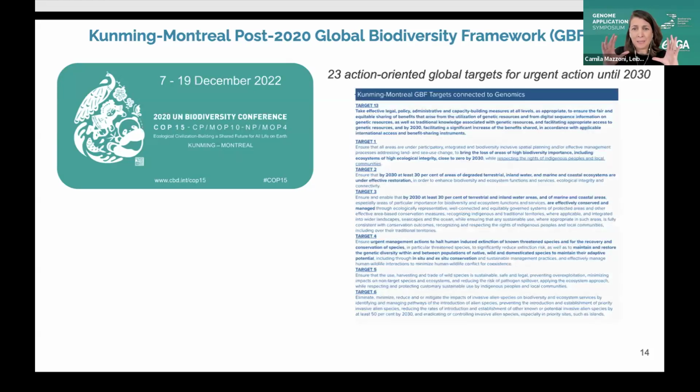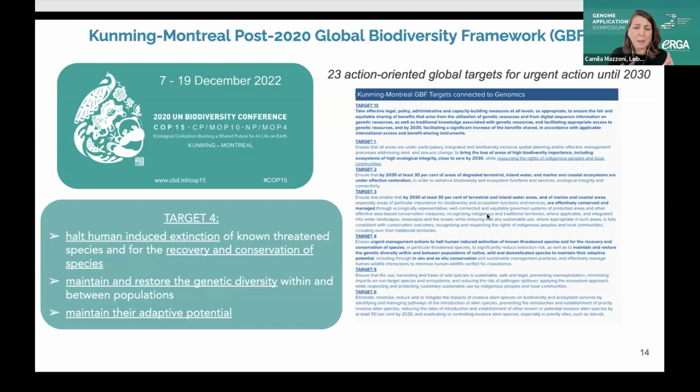There are, as I mentioned, 23 targets, and if you go through them, you will see that several of them do connect with genomics somehow, or even potentially. Some directly: when you talk about access and benefit sharing of genetic resources, digital sequence information, this connects directly. And some others, we as the genomics community can very well imagine genomics being applied and helping achieve those targets. But maybe for the sake of today, talking about conservation, target 4 is the one that applies the best,